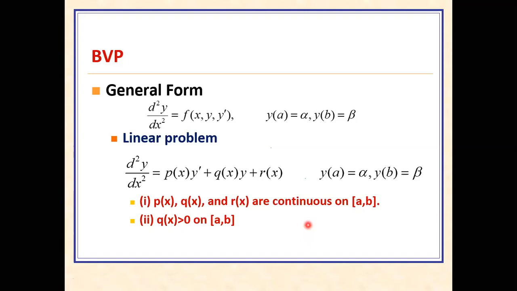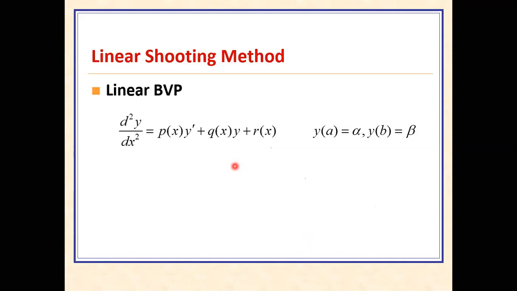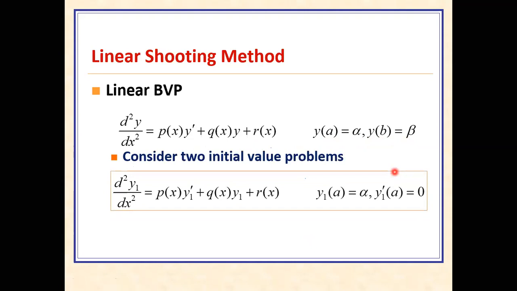Let's see how we solve linear boundary value problems. A linear boundary value problem is written in front of you, and also y of a equal to alpha, y of b equal to beta. So we consider two initial value problems. The first problem is similar to the original problem. We consider all the terms, p of x y prime plus q of x y plus r of x. However, we solve this problem